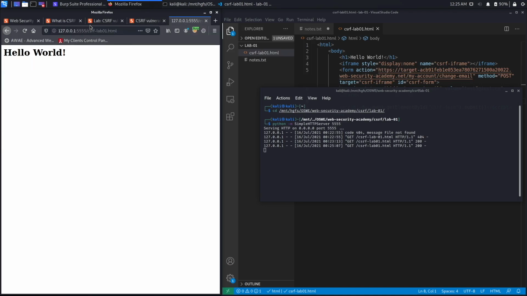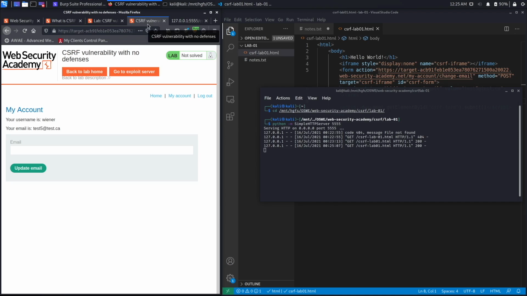So in a real world scenario, what would happen is this page has some kind of exciting information where the user is looking at the information, and in the background, the script is running and changing the email address and exploiting the CSRF vulnerability to change the email address of the user. And then the user is going to go back to the application, either close it or be on another page of the application and not even notice that the email address changed. In this case, that's the only page that is available in the application, and so it's obvious. But in a real world scenario, the user is likely going to just either close off the session or go to another page in the application and not notice that something happened in the background, which makes it really dangerous